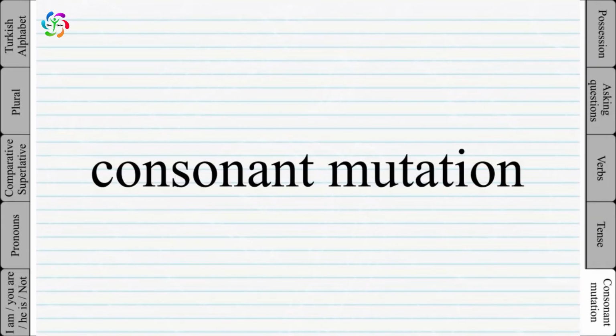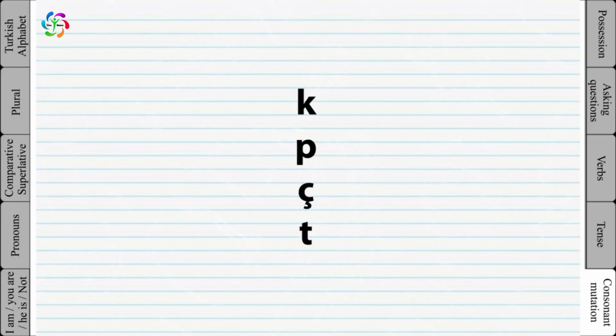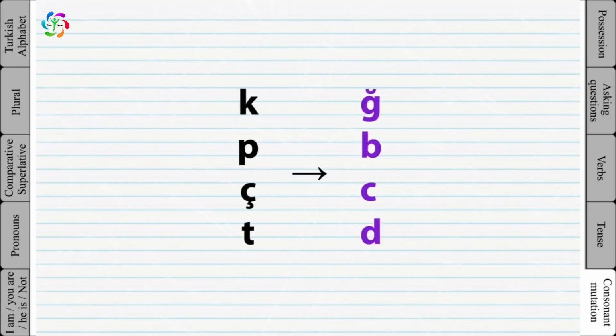Now is a good time to talk about the consonant mutation. When a vowel suffix is added to a word ending with one of these four letters, the last letter of the word will change into another letter. For example,